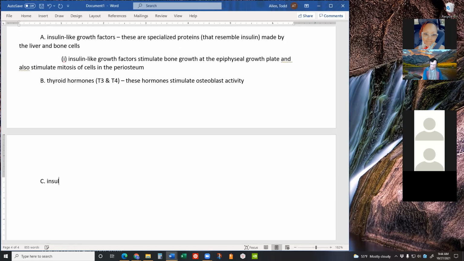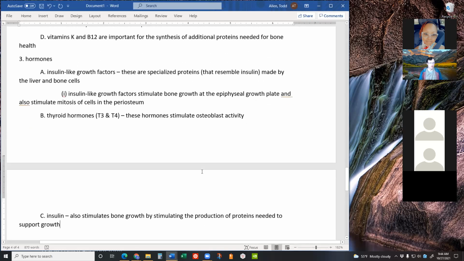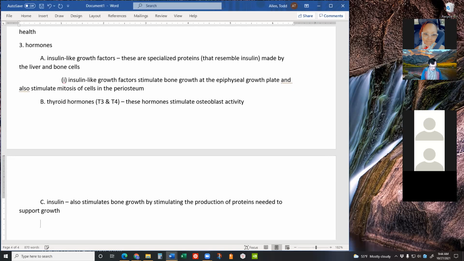So insulin also stimulates bone growth by stimulating the production of proteins needed to support growth. So insulin is involved in the health of your bones, folks. And finally,